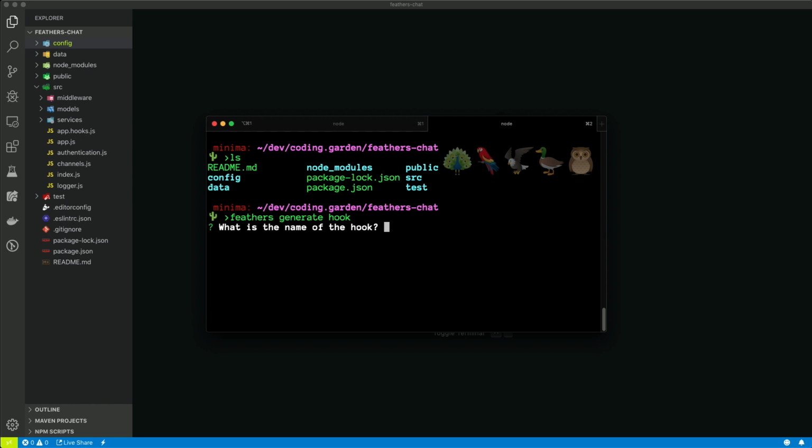We can then name our hook. Now we are going to create a hook called process message. And essentially what we're going to do is some data validation. So any message that comes into our service or into our app, we're going to